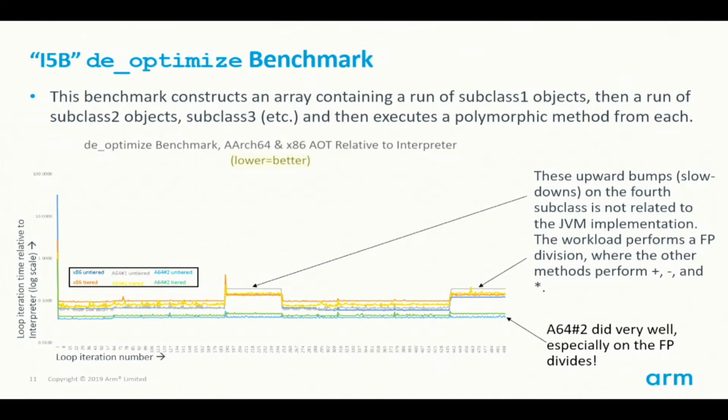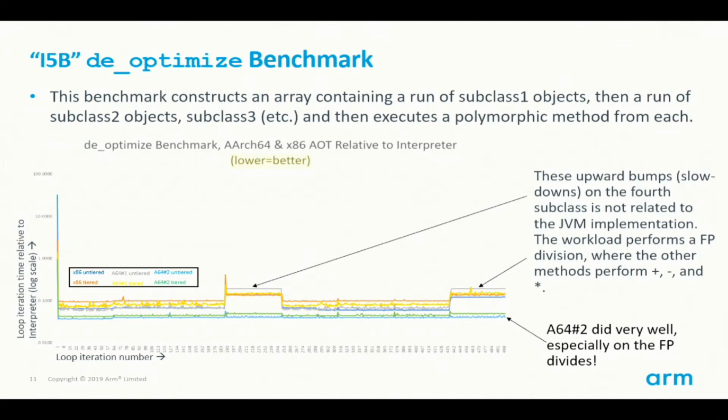So it would start here and say, okay, what is this one? It's subclass 1, okay, run that method. Subclass 1, run that method. Subclass 1. I'm starting to see a pattern here. It's always subclass 1. So it writes the code to always invoke subclass 1. And then all of a sudden I yank the rug out from under it, so to speak, and change it over to subclass 2. And it says, whoa, hold on, and de-optimizes back to the AOT code and runs the